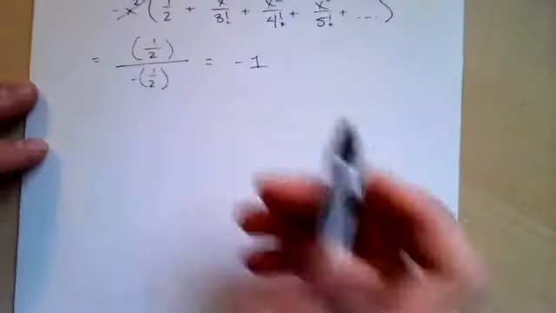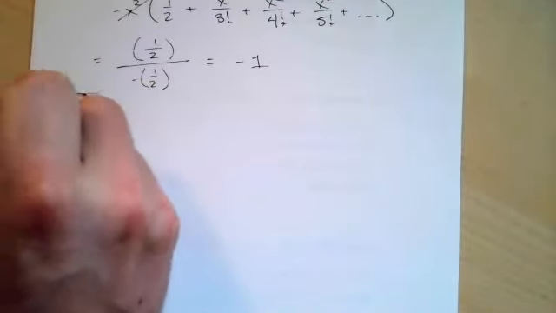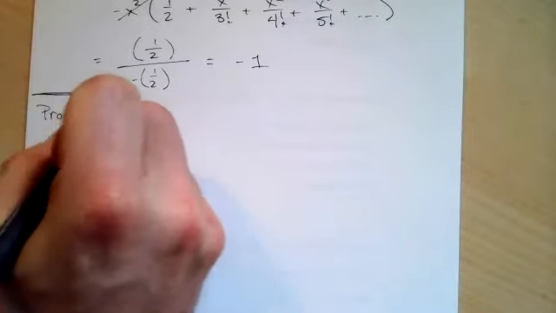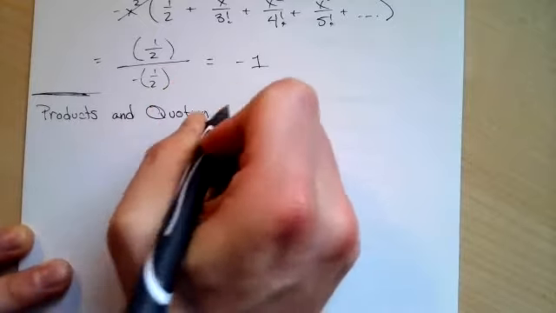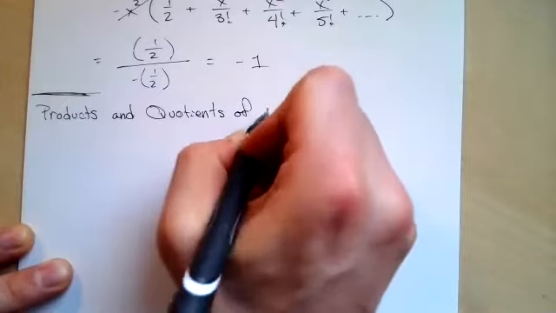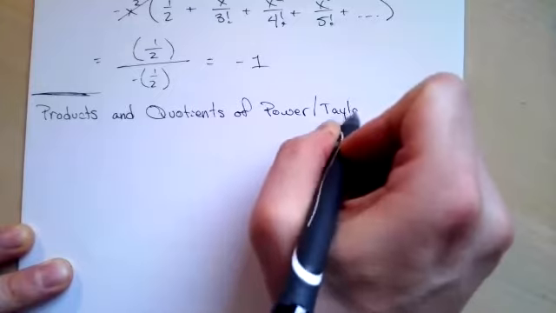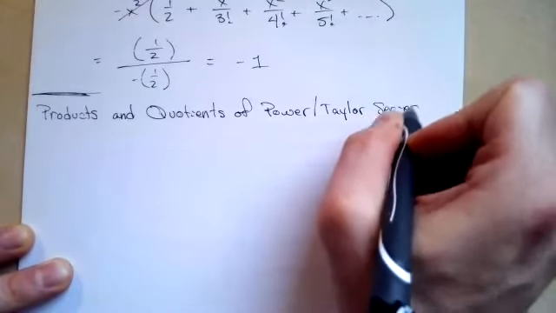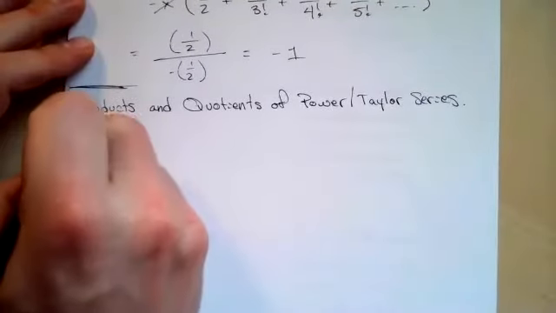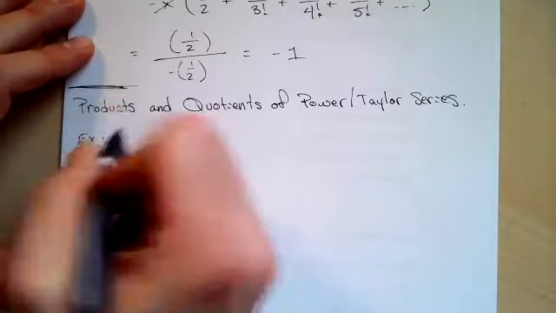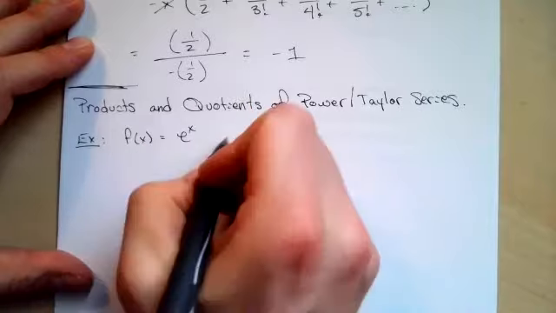Okay, let's take a look at products and quotients. And the best way to do this is just to start taking a look at examples. It's all computational. So if we have a function, e to the x cosine of x,